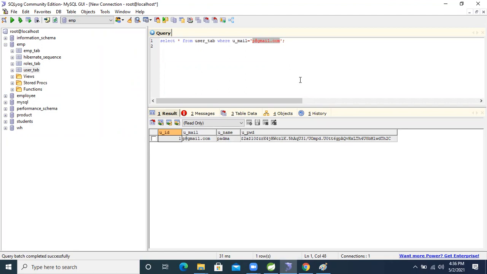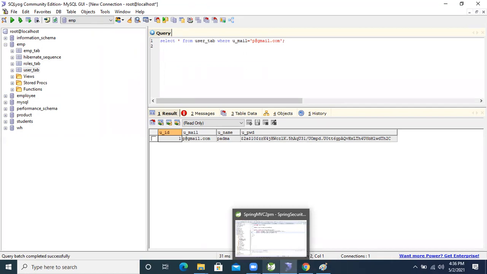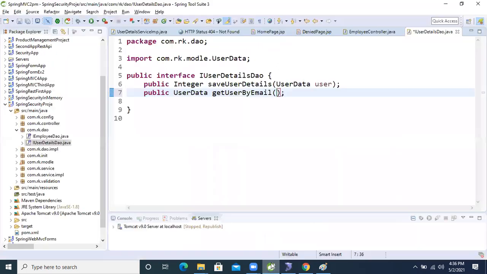So the same query we will write as an HQL query to select one detail from the database, guys. Same things we will perform using HQL, because we need to make our application database independent, and we know that. So using HQL query, we are able to perform database independent operation.